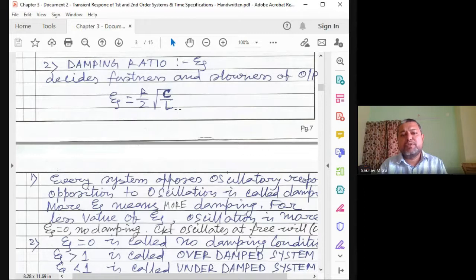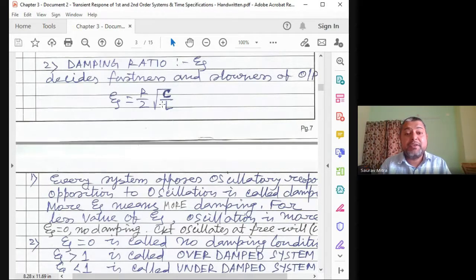For MBK system, this formula will be a little different. So for MBK system, what will be the formula? Zeta is equal to, instead of R, we have to write B. So zeta for MBK system is B by 2 root under of 1 by LC. Because in that case, it will be root under of